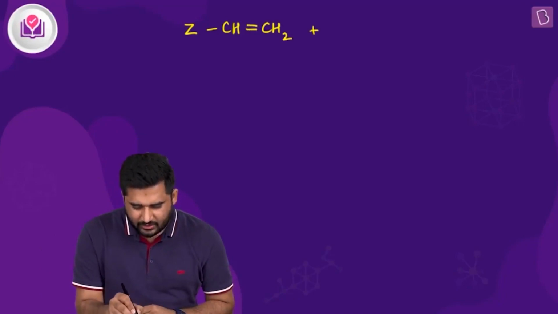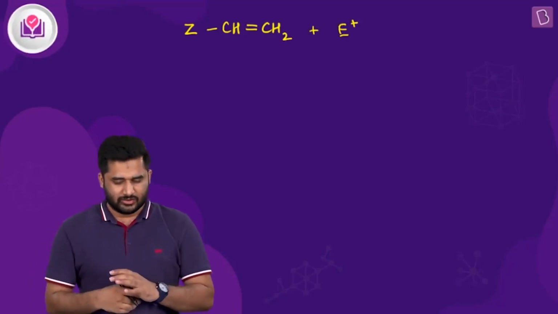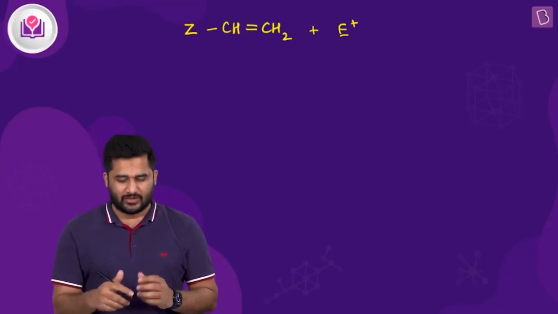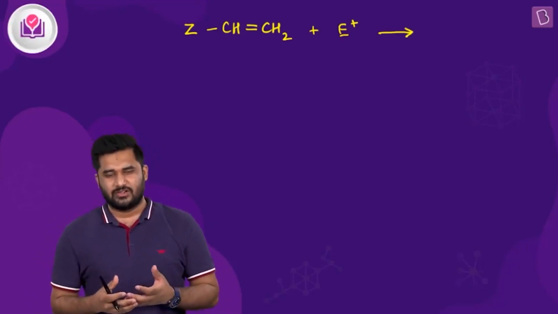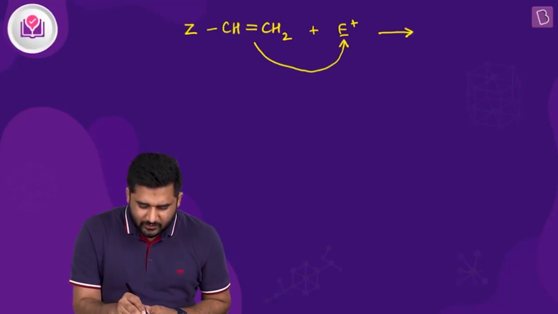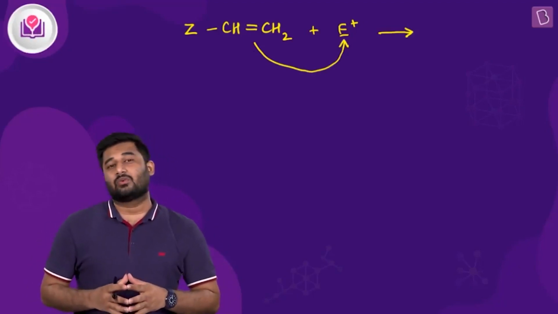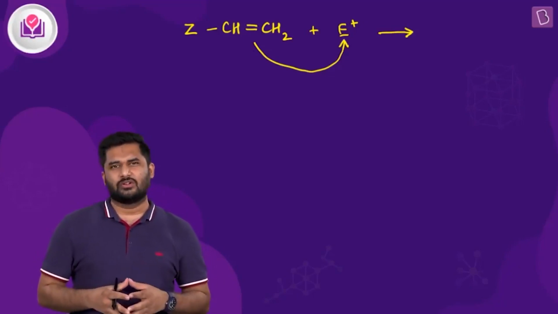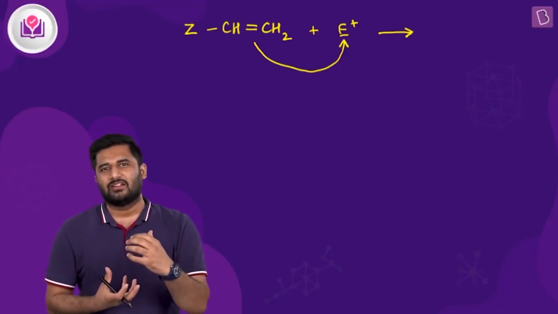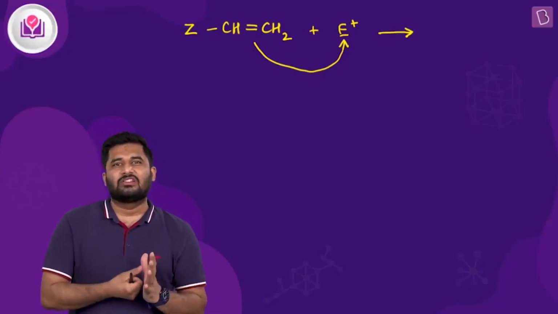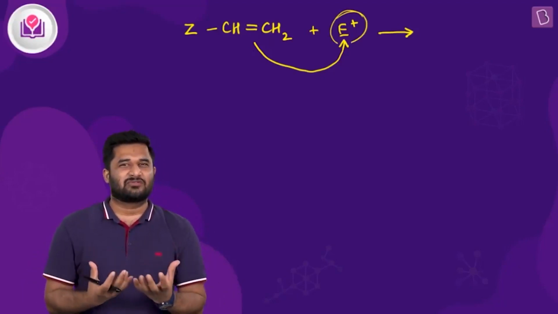That can be anything. So this is the alkene that we have. Clear? And to this alkene, an electrophile is trying to attack. And the reaction we are talking about here is electrophilic addition. Clear? Which means the first attack will be made by the electrophile on this pi bond. Now the question arises, why the pi bond only? It is because the pi electron clouds are present there, and these pi electron clouds can be easily polarized by electrophiles, thereby satisfying their thirst for electrons.